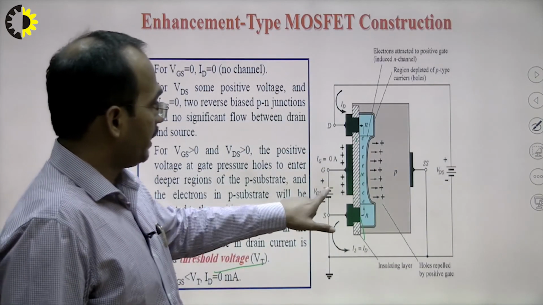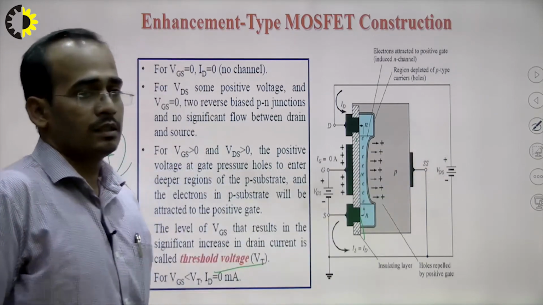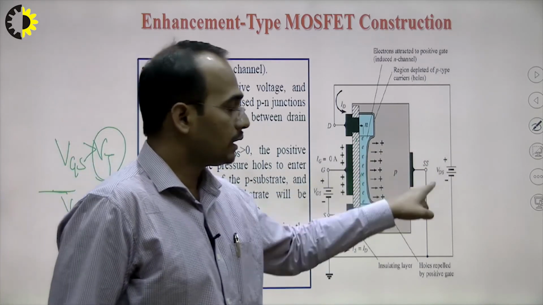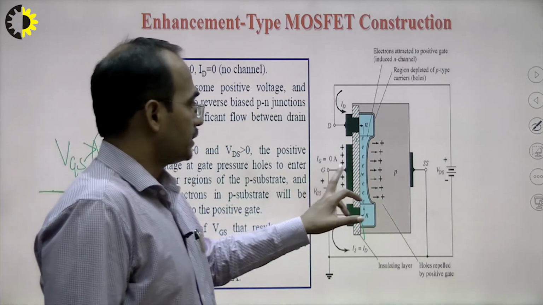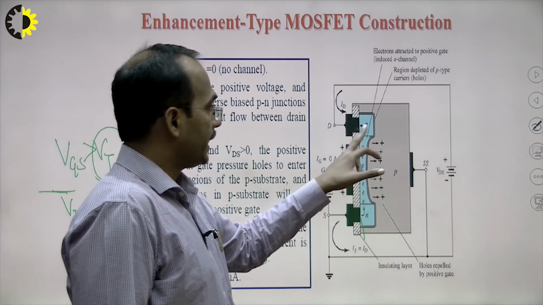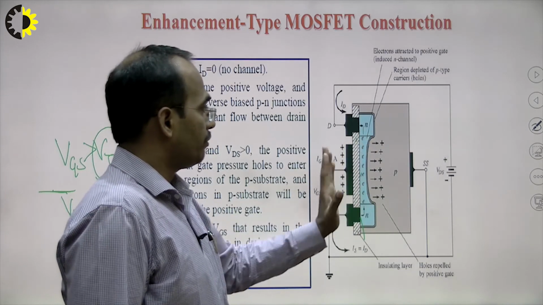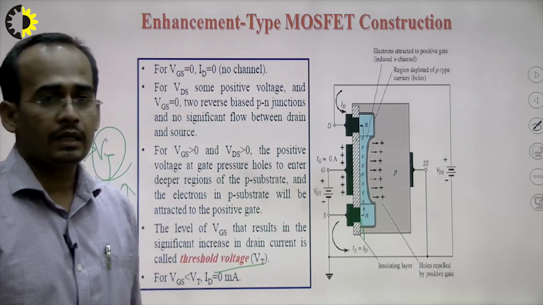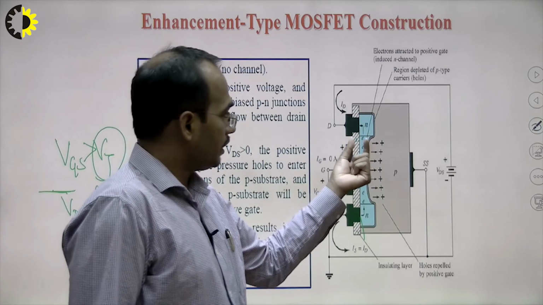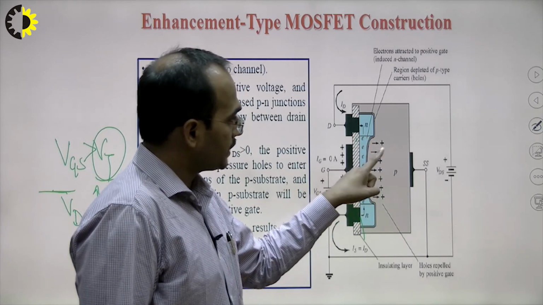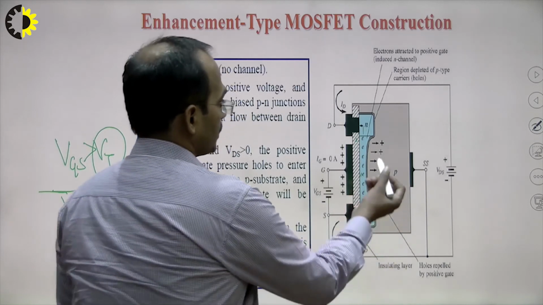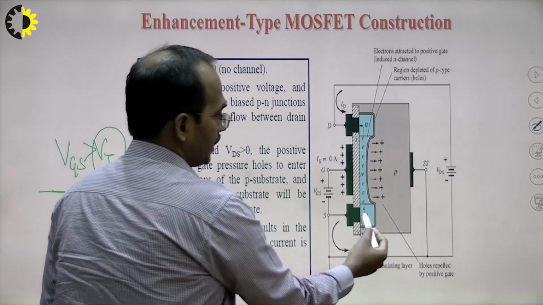So, when I further increase the value of VDS, the drain current ID will start increasing. If I increase it further, a p-type and n-type inversion layer is created. What will be the width of this inversion layer? There will be a p-type and n-type, or you can say there will be a PN junction. So, this is the PN junction, this is the PN junction, and this is the PN junction.